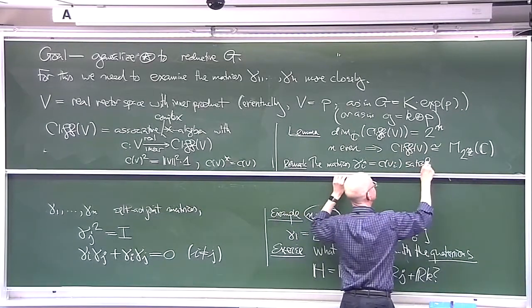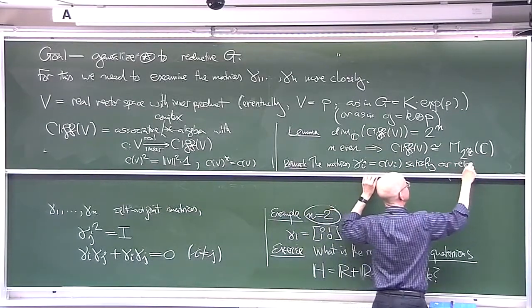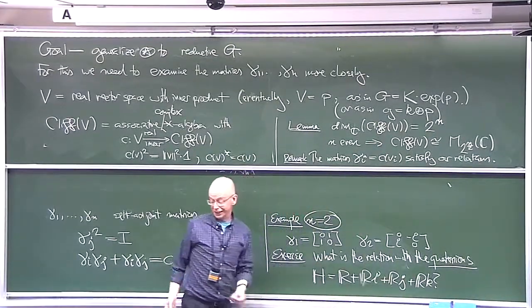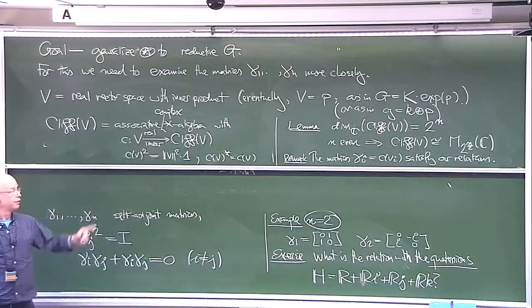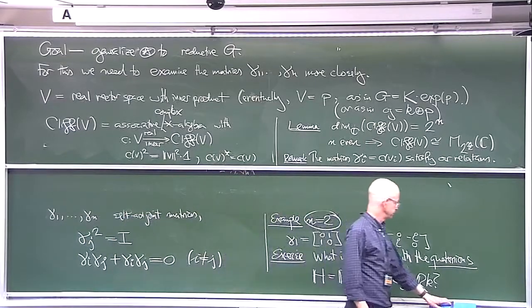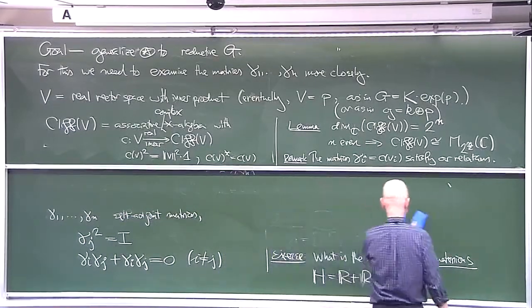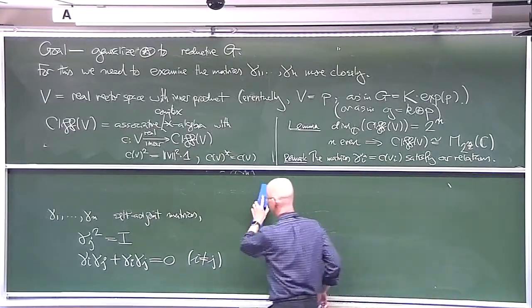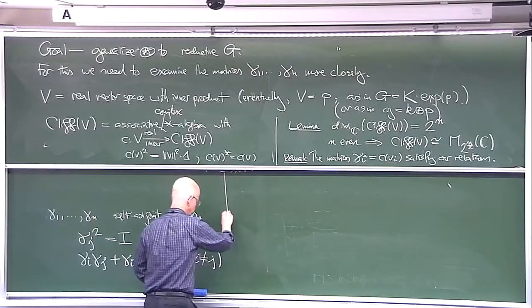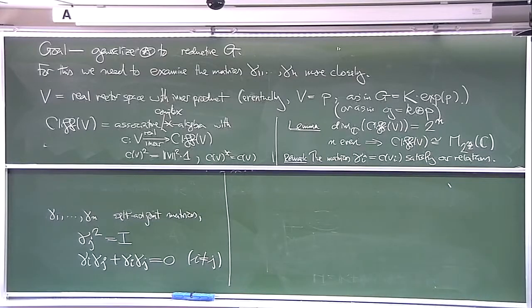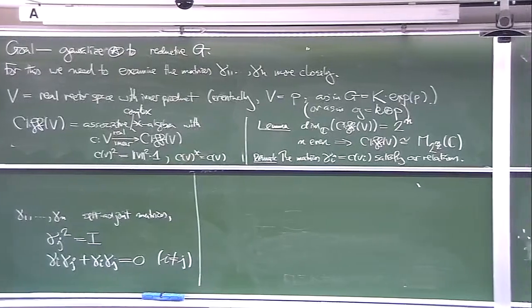These satisfy our relations that we discussed down here. So this is clearly very much the same thing as what we were discussing down here. Let's keep those for a moment so we can stare at them. So this is the Clifford algebra of V, and because we're about to try and do some representation theory,